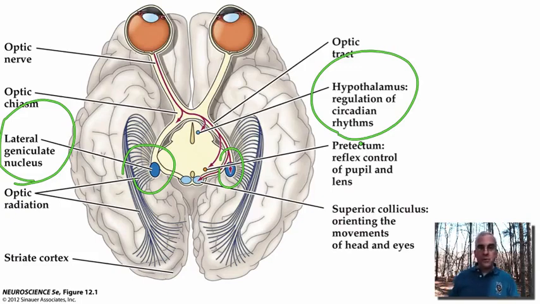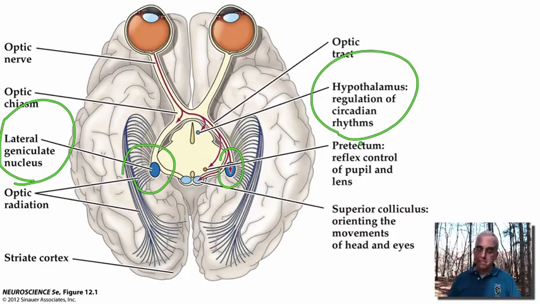Now, we might have assumed that these inputs are coming from collaterals of retinal ganglion cells that are otherwise projecting into the lateral geniculate nucleus. Fairly recently, we discovered that that's not the case. These inputs are actually coming from a special set of ganglion cells that have their own opsin protein, meaning that they can transduce photons of light directly, even without the outer layers of the retina. So this is a projection that's not particularly concerned with image formation, rather it's concerned with the ambient light in the environment, telling the difference between